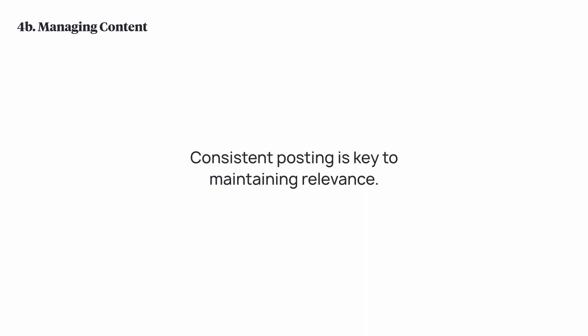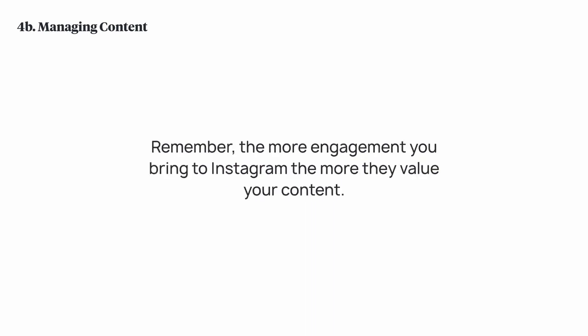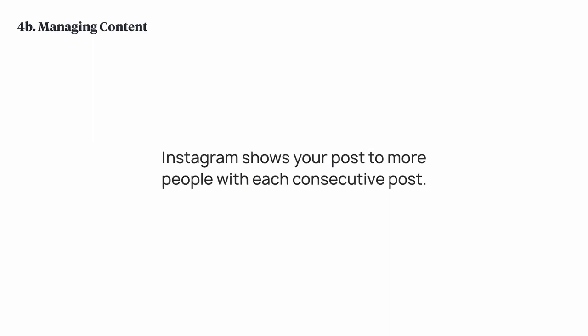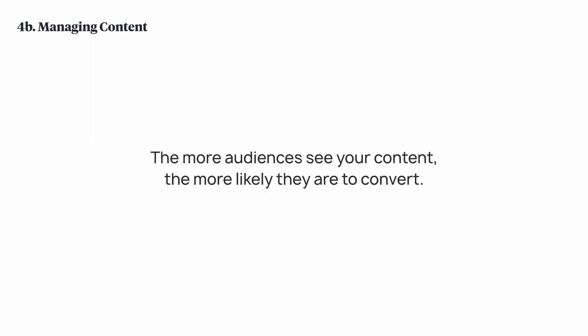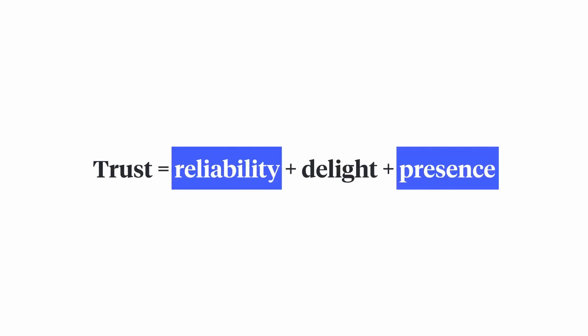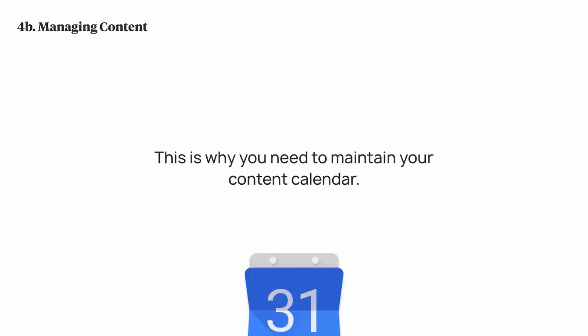Because this is all computing power that Instagram has to pay for. This is processing power, they have servers and things like that. So if your profile is not yielding consistent value to the audience and keeping people on the Instagram profile or Facebook profile or LinkedIn or whatever it may be, your reach is going to be affected, because they're not going to bother introducing you into the algorithm of posts that are going out there. The more engagement with Instagram, the more they value your content, and the more they show your posts to other people. So again, this talks about the reliability and the presence piece, right?